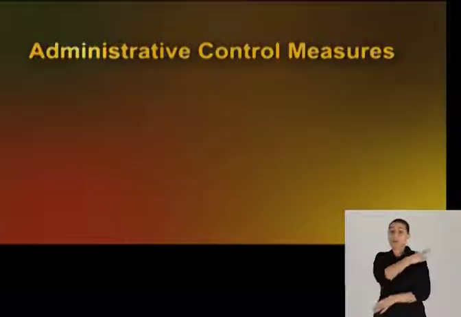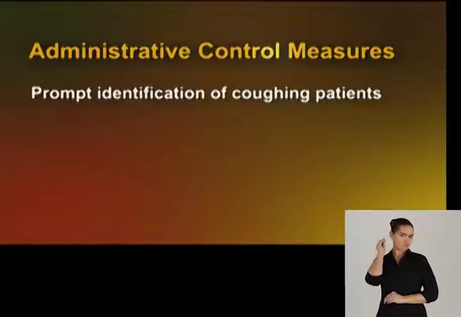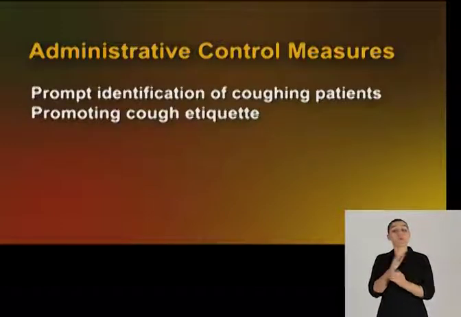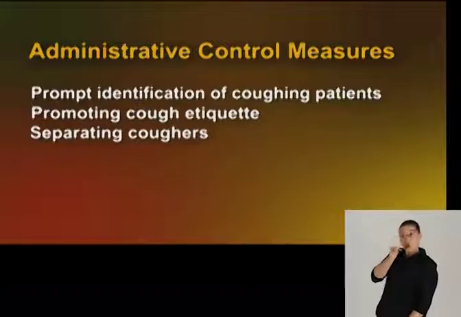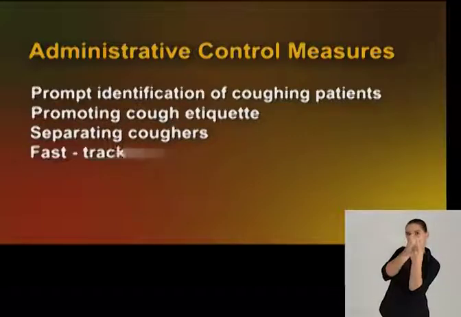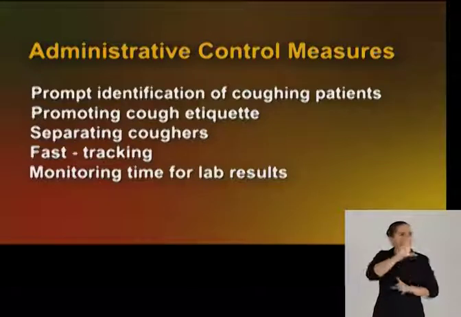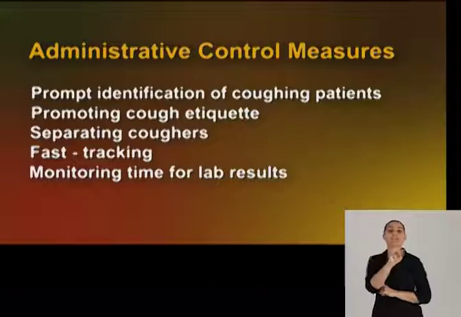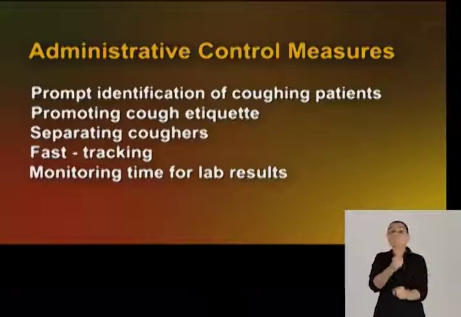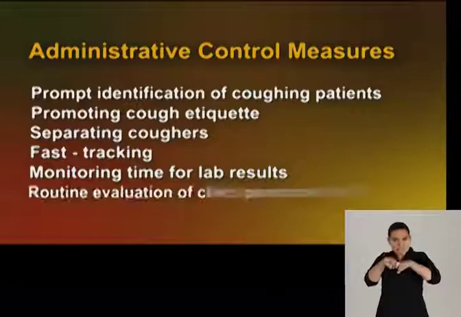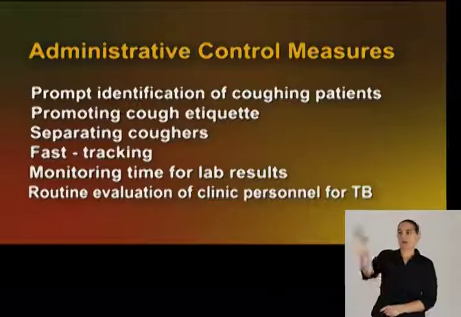The basic building blocks of infection control are the administrative control measures and should be implemented by all members of the team. These measures include prompt identification of coughing patients, promoting cough etiquette, separating coughers from other patients, and fast tracking for prompt diagnosis and treatment. They also include monitoring the time it takes to get laboratory results back, such as sputum smear results, and assuring the routine evaluation of clinic personnel for